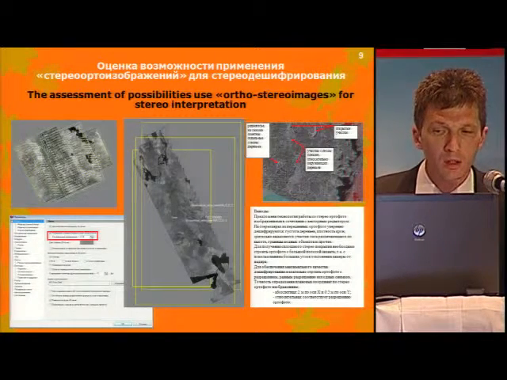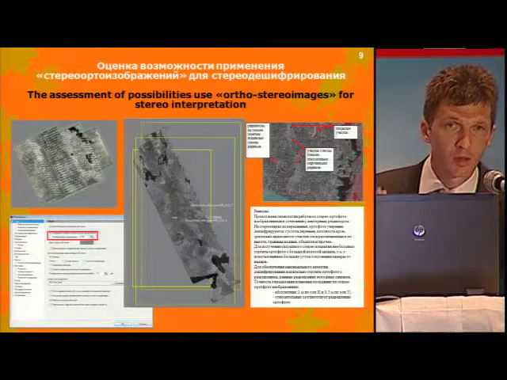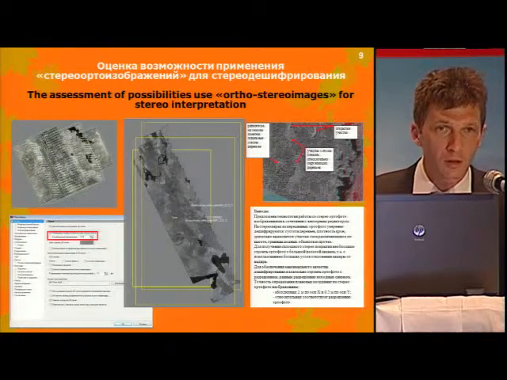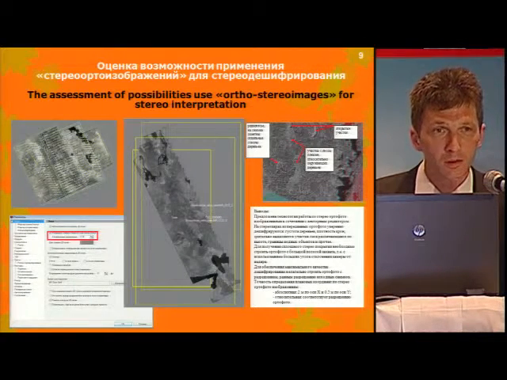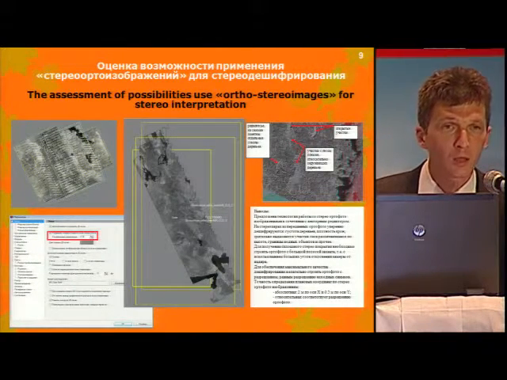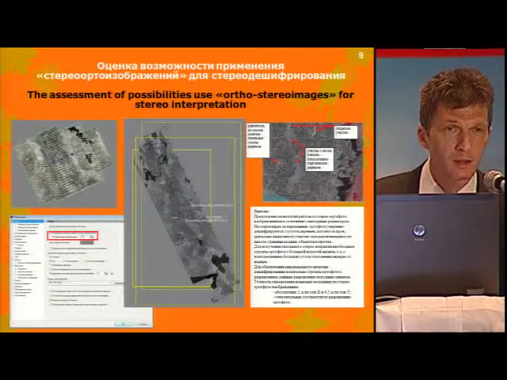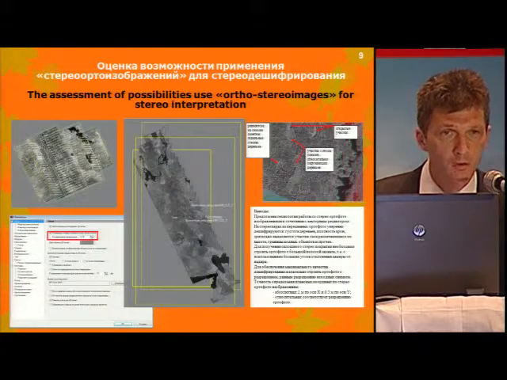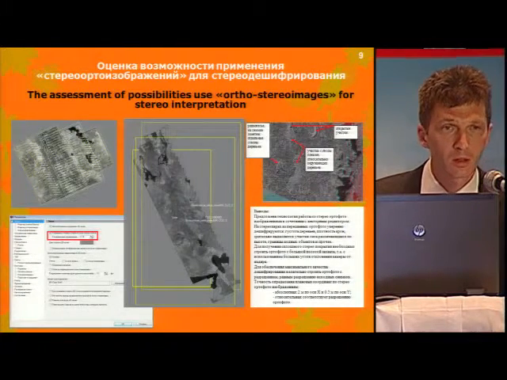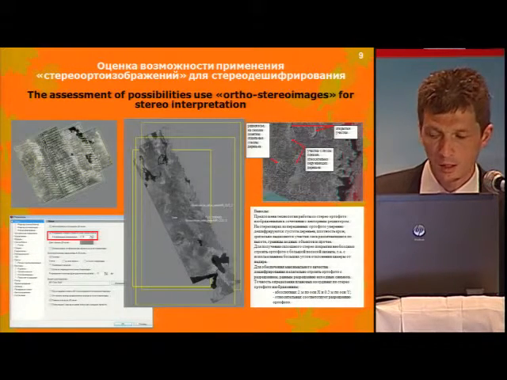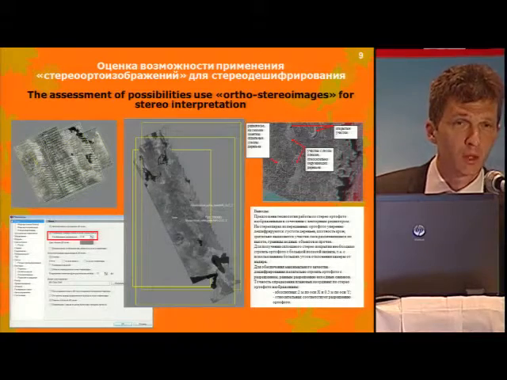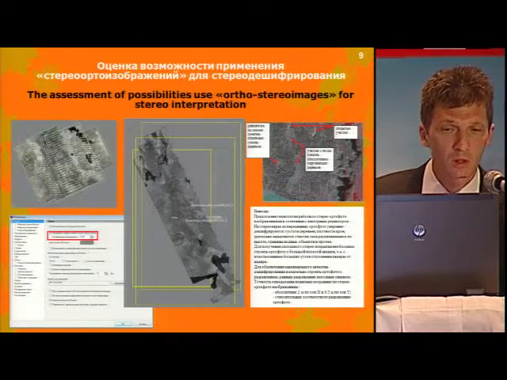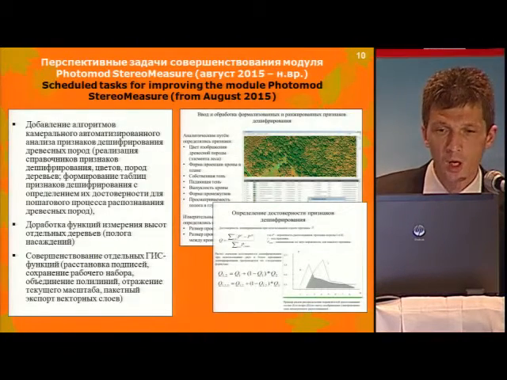You can see some of the buttons in PHOTOMOD and the results of the work with stereo. You can see the increases in the sections in the forest, which help us do contour interpretation for different objects of forests at a larger area than the regular SCLF